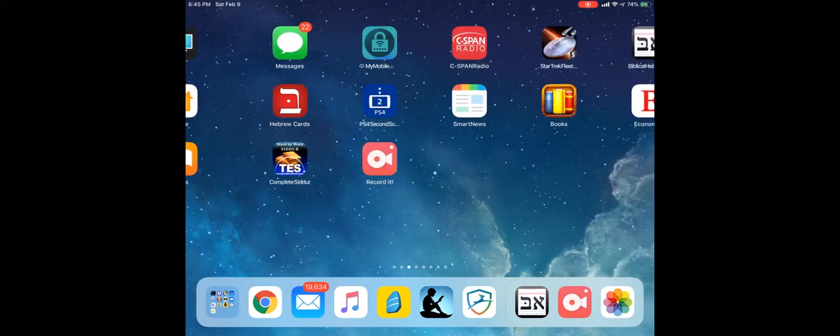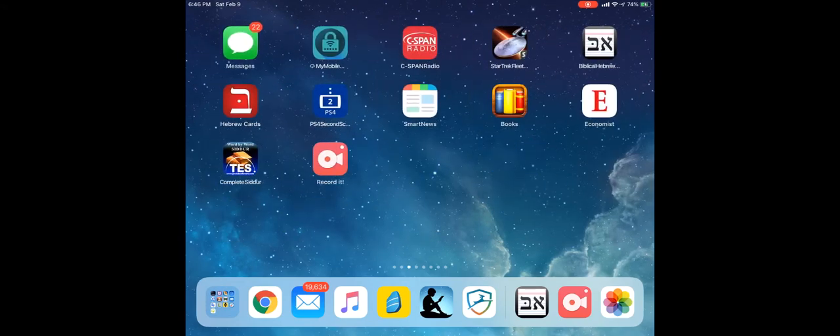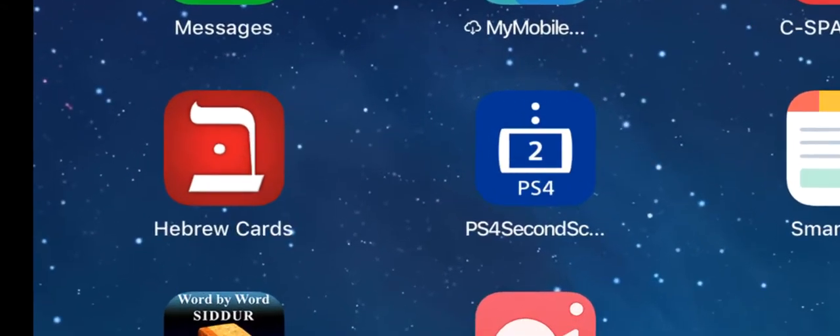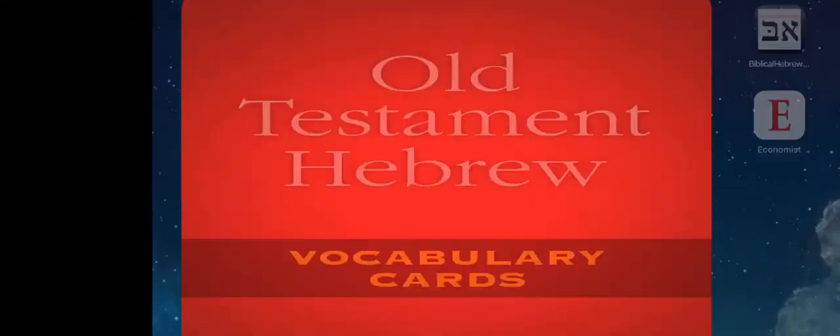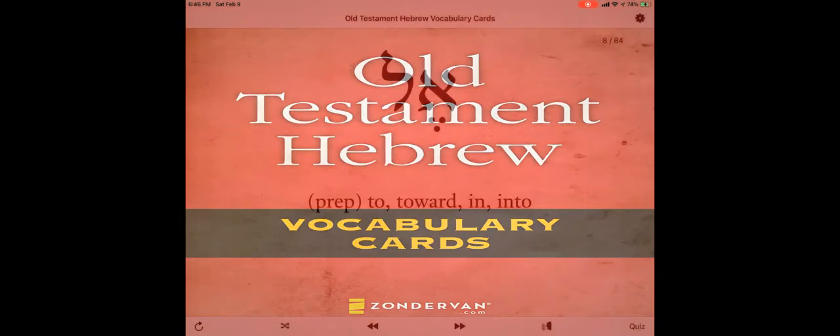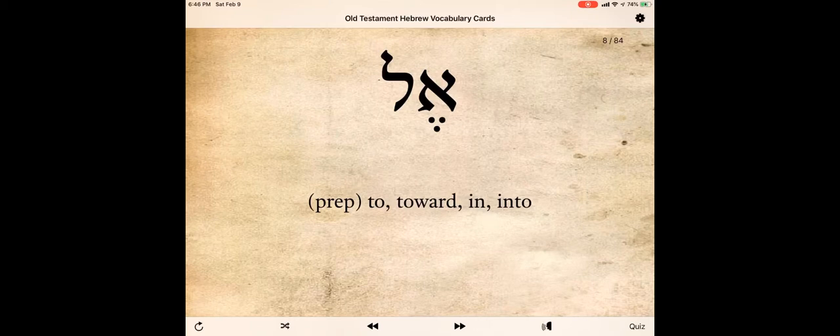Shalom again, students. This time we're going to demonstrate an app called Hebrew Cards, and it is by Zondervan, the early publisher of the book. And this